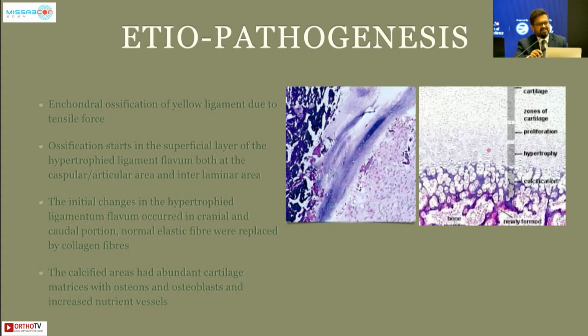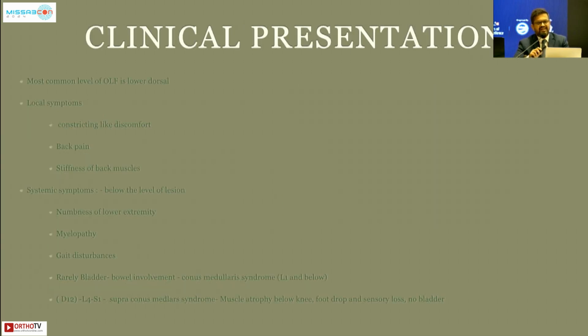The ossification starts in the superficial layers of the hypertrophied ligamentum flavum, both in the capsular area and the interlaminar area, initially in the cranial direction and then caudally. The elastic fibers are replaced by collagen fibers, and the calcified areas are rich with cartilage matrices, with osteons and osteoblasts. So the clinical presentation, like I told you, the commonest location of OLF is in the lower thoracic